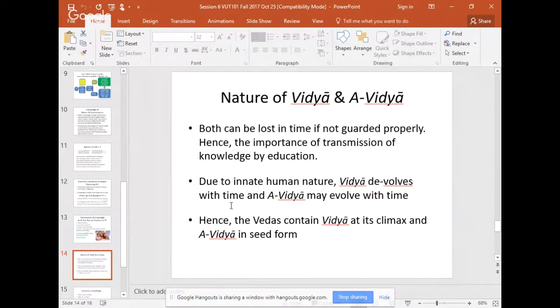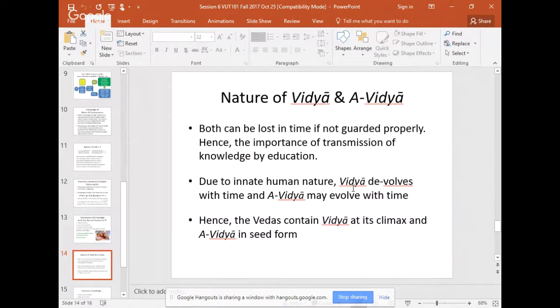This has to be borne in mind. The knowledge of consciousness devolves with time. Of course, both can devolve with time. But even if you are guarding the books properly, as I talked about the Vedas book, that grandchild was guarding the book properly,